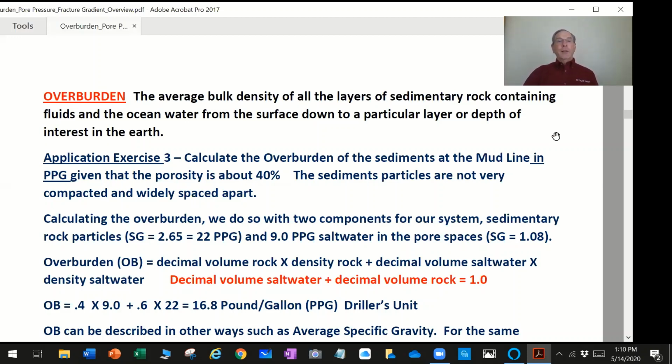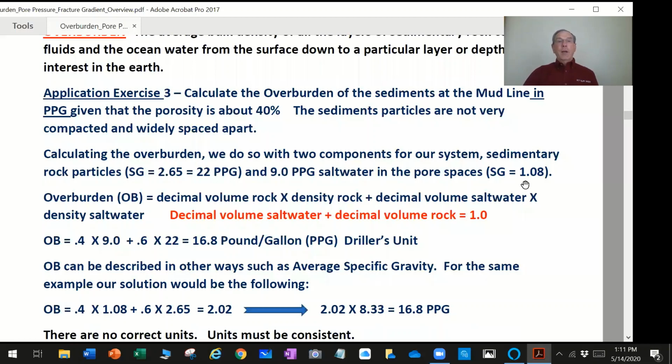So the first application exercise on overburden is to calculate the overburden of the sediments at the mud line in pounds per gallon if it's given that the porosity is about 40%. The sediment particles are not very compacted and widely spaced apart, so they are going to be about 40% at the mud line. So if we calculate the overburden using this porosity, we have two components